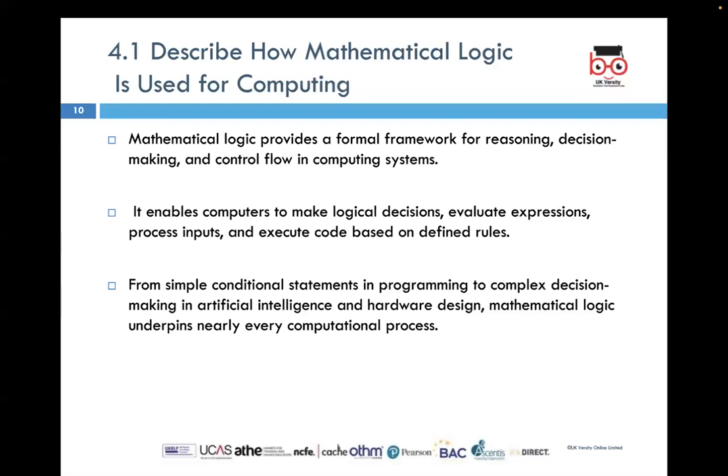Mathematical logic provides a formal framework for reasoning, decision-making, and control flow in computing systems. It enables computers to make logical decisions, evaluate expressions, process inputs, and execute code based on defined rules. From simple conditional statements in programming to complex decision-making in artificial intelligence and hardware design, mathematical logic underpins nearly every